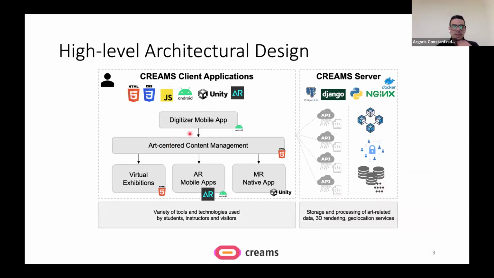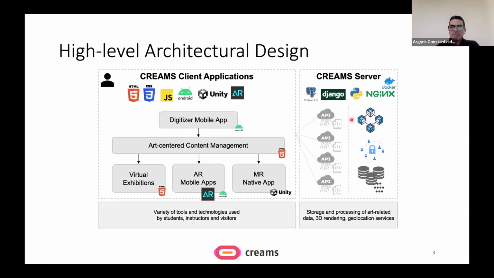On the left side of the slide, we have the different client applications that are part of the client-server architecture, and that includes the digitizer mobile application, the Art Center content management system, and the different virtual reality, mixed reality, and virtual exhibition applications that can be presented on the web, on the AR application, and the mixed reality application too.